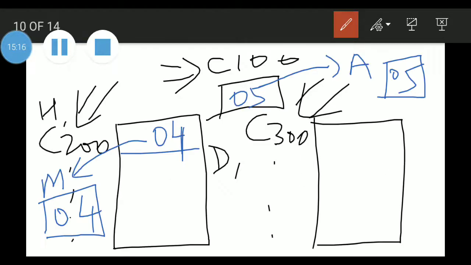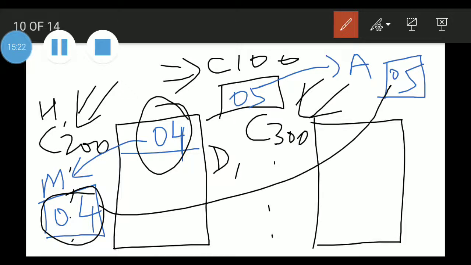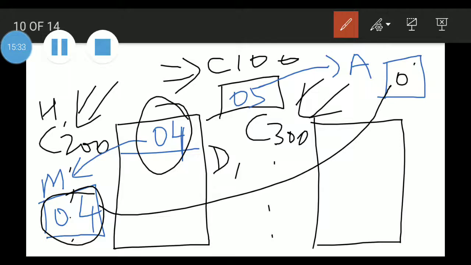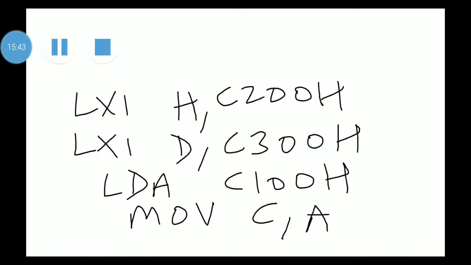It means the input, suppose 04 is the input, so this 04 has to go into the accumulator first. Then we can provide the CMA instruction. To take this content into the accumulator, which instruction do we use?